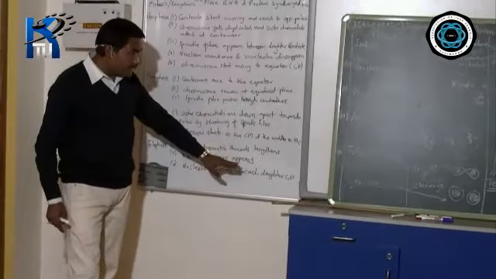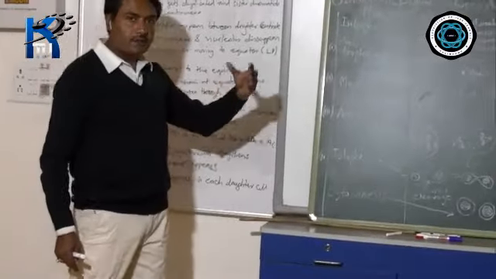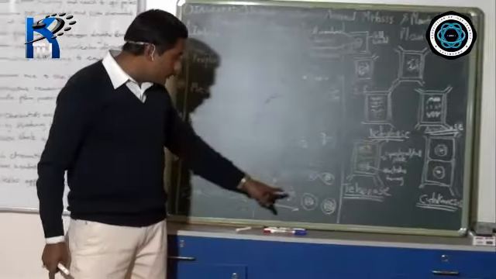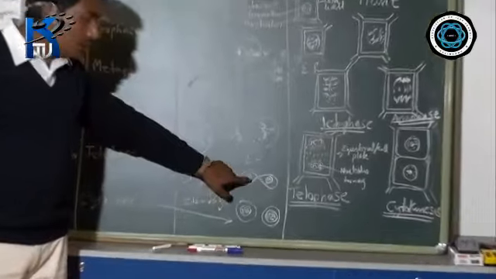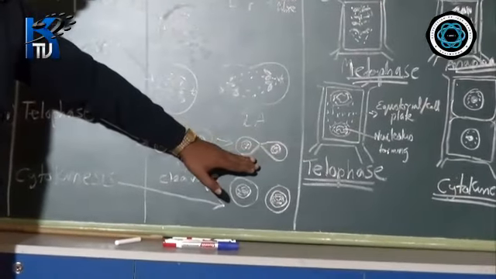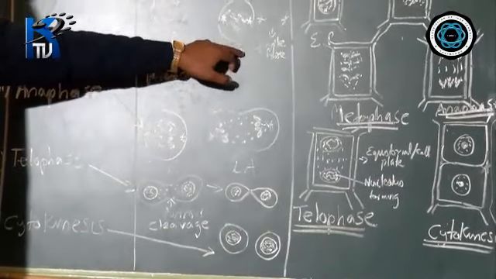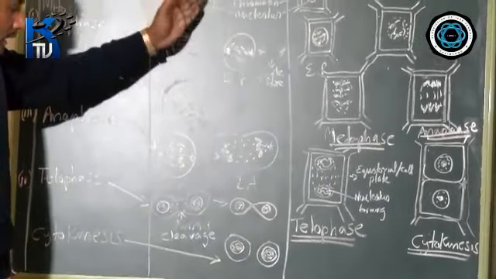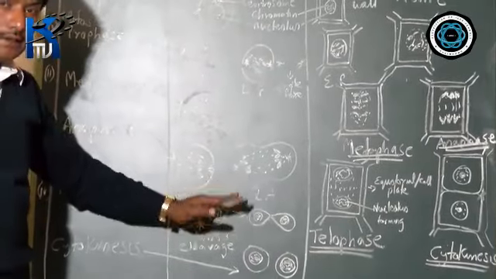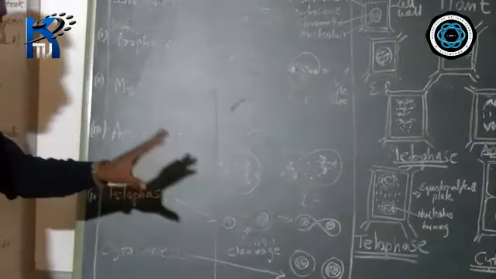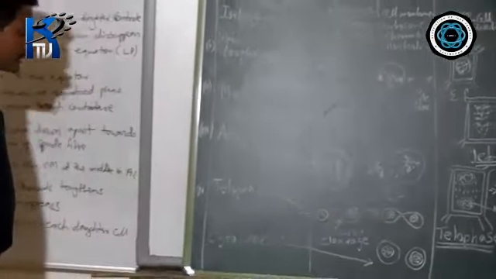Nucleolus appears in each daughter cell. After the completion of late telophase, what else will you observe? The nucleolus again reappears. Nucleolus and nuclear membrane disappear in the late prophase, that is, in the prophase it disappears. In the telophase, again it appears. So that is an indication of telophase. After that, what is going to happen?